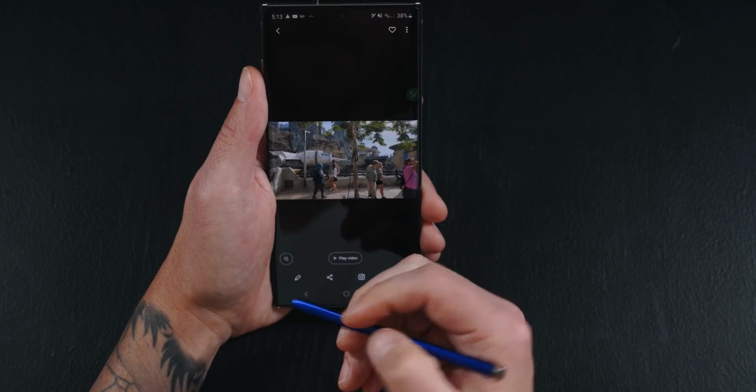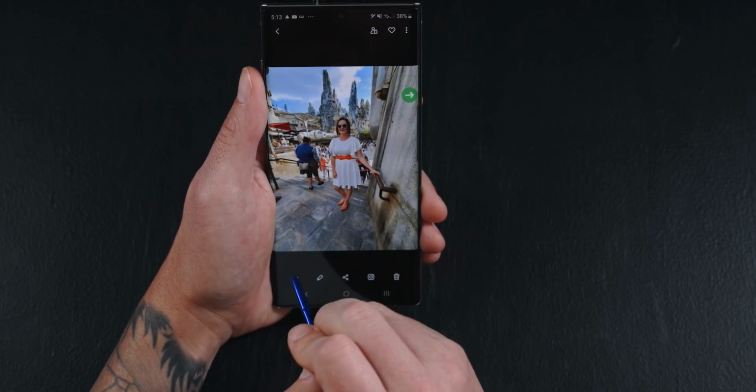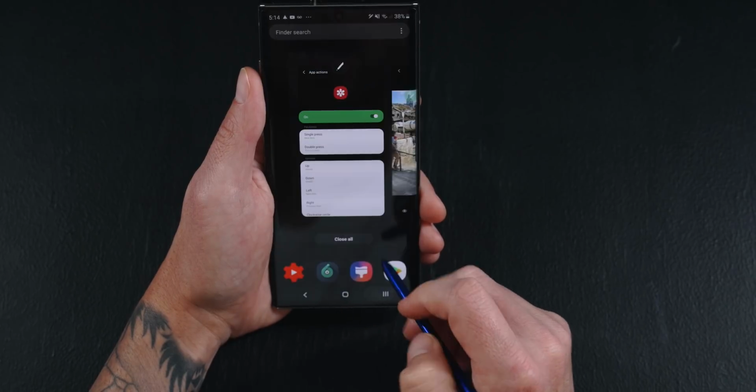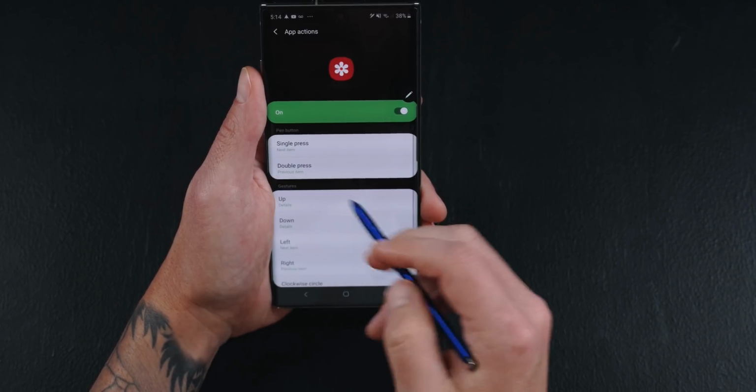And if I go right or left, it should cycle through my images. But if you don't want that, you can customize it to do whatever you want. By default, if you hold down the S Pen button, it's going to open the camera app. But if you don't want it to open the camera app and you want to maybe open the Samsung Notes